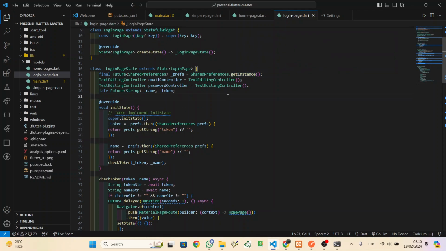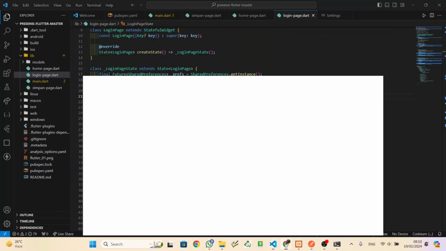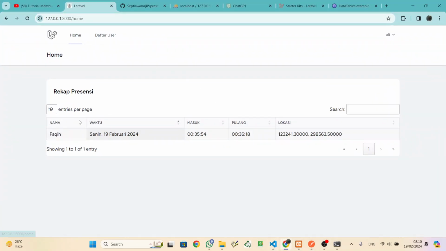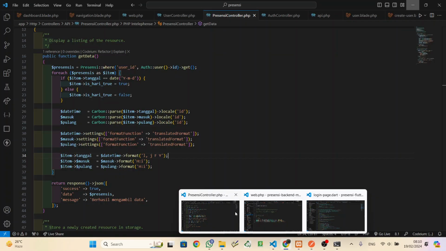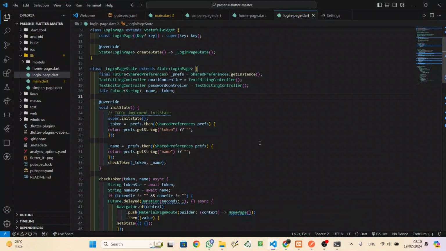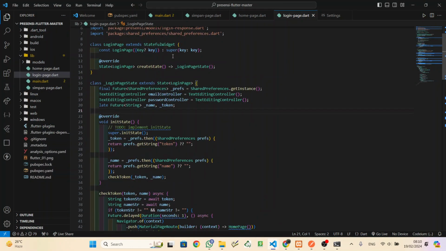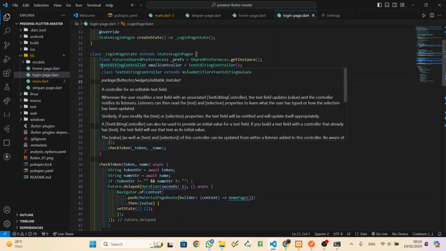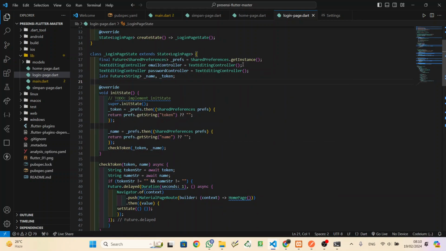If you want to register, just open the page on the web. So the Flutter app is just for login. Then it will create state and add a new controller for email and then a text editing controller.